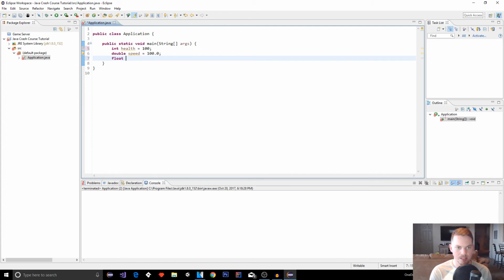We also have floats, which you could also do. Let's do max speed equals 100.0. This is, once again, another type of item with the decimal, but it's slightly different. We're not going to get into the technicals. We probably won't even use floats most of the time. But in order to initialize it, you actually have to use an F to say, hey, this is a float, not a double, okay? Okay, so we have ints, floats, doubles, we have bytes, and this will be like X